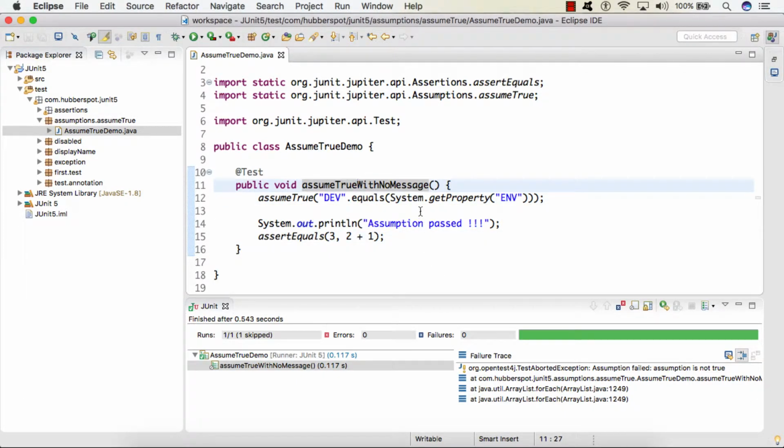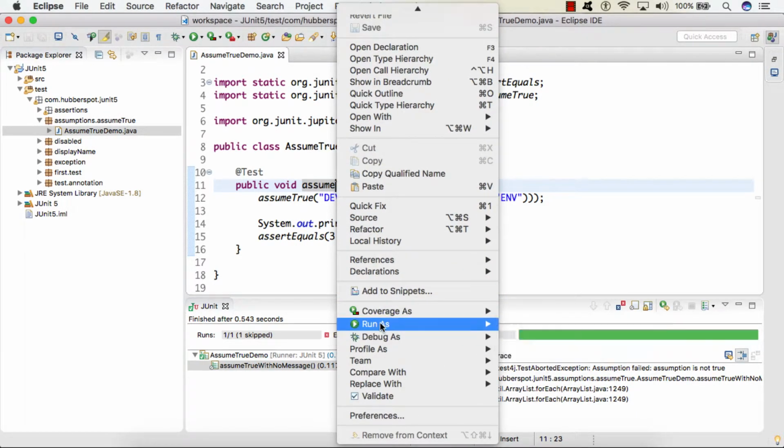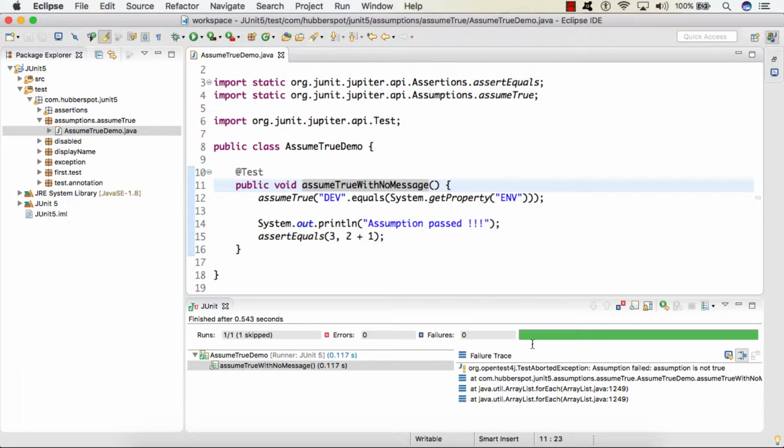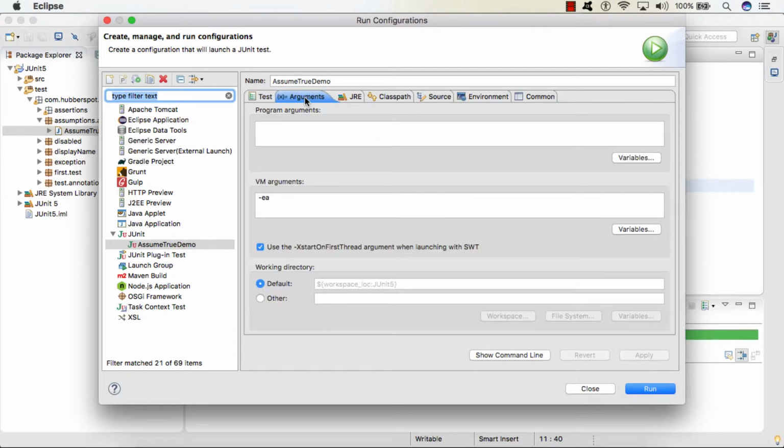So friends, here let's say I provide a system property as env equal to dev. So here if I simply run it as configuration, you can see that we have these VM arguments. So just below it, we'll provide a system property as -D and we'll give a name to it as env.